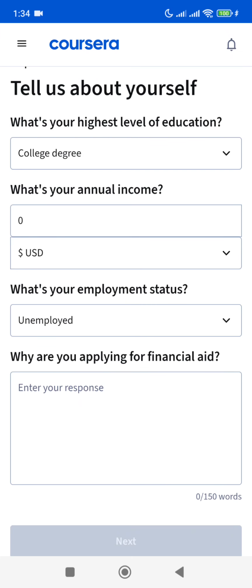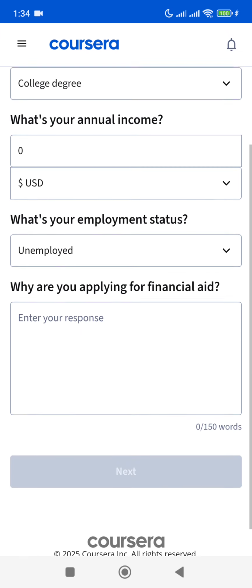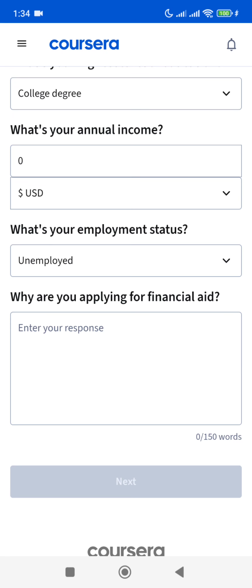And then it says, why are you applying for financial aid? Don't forget, the purpose is for you to be able to learn this course at either a reduced price or for free. Now, it is asking you why you are applying because they want to know the reason why you wish to apply. You are required to write at least 150 words here so that you can go to the next stage. In other words, if what you're typing is not equal to 150 words, you are not going to be able to proceed to the next page of the application. So you're going to come here and then you're going to tell them that